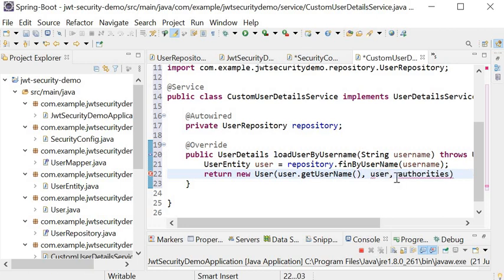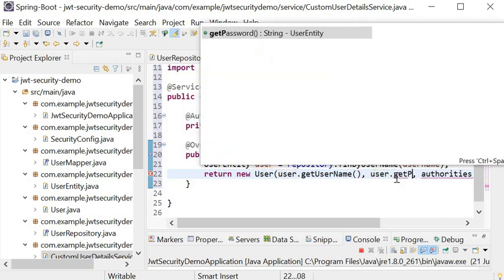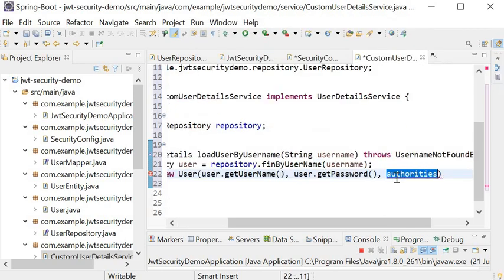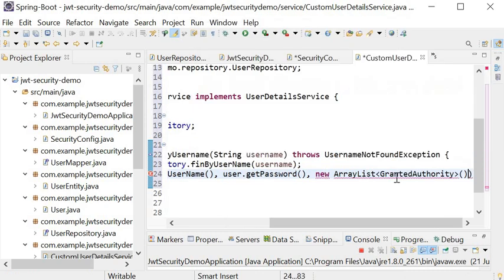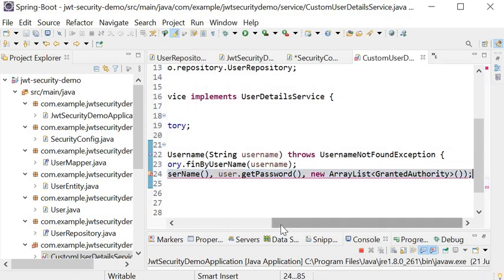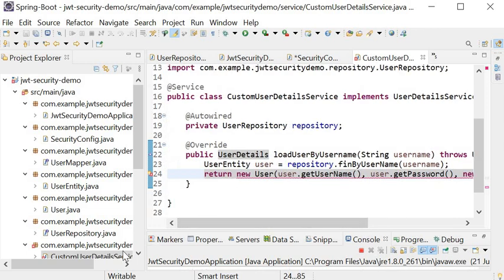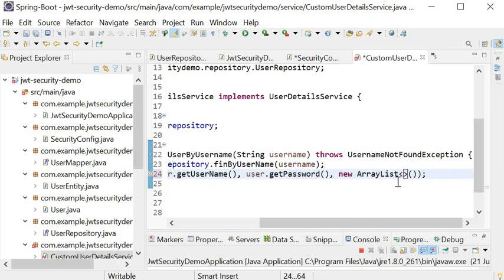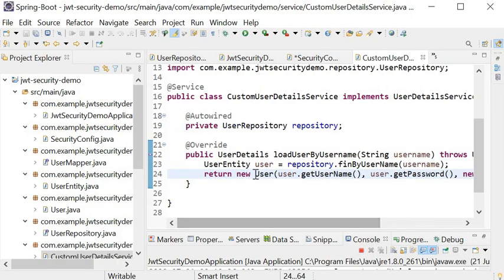So I will fetch the information from this object, and we need to pass one empty list to provide the authorities. So here I am just passing an empty ArrayList, new ArrayList, and semicolon. Now it's showing some error, so I just remove this one, and now this method will return the user details with the help of the username.